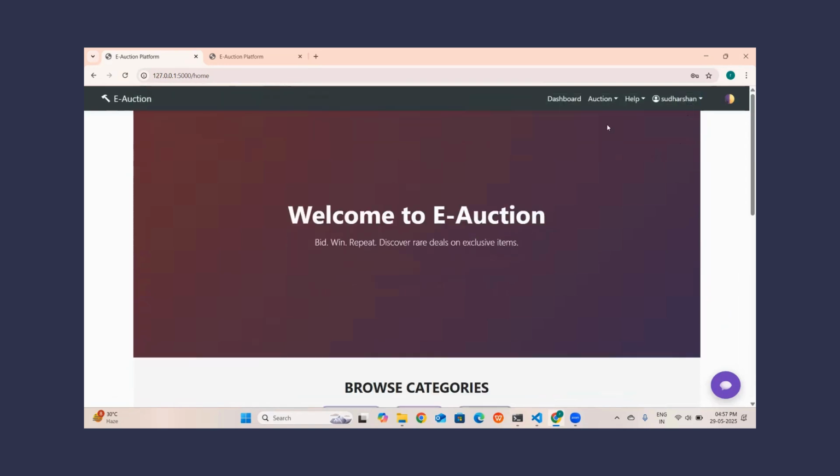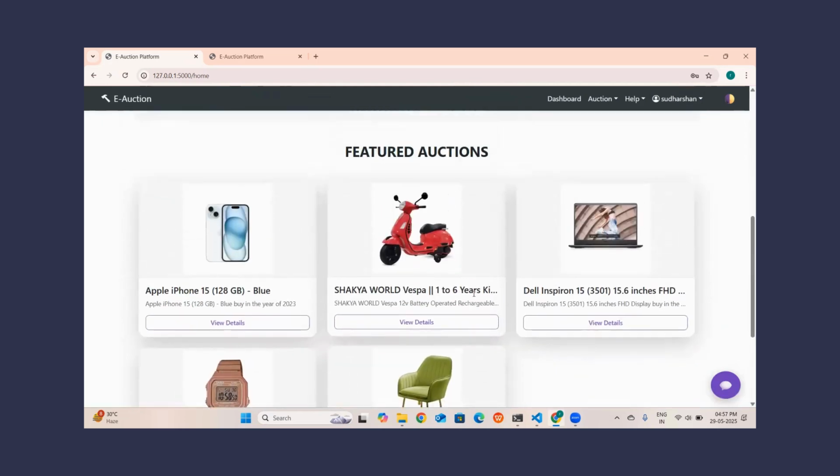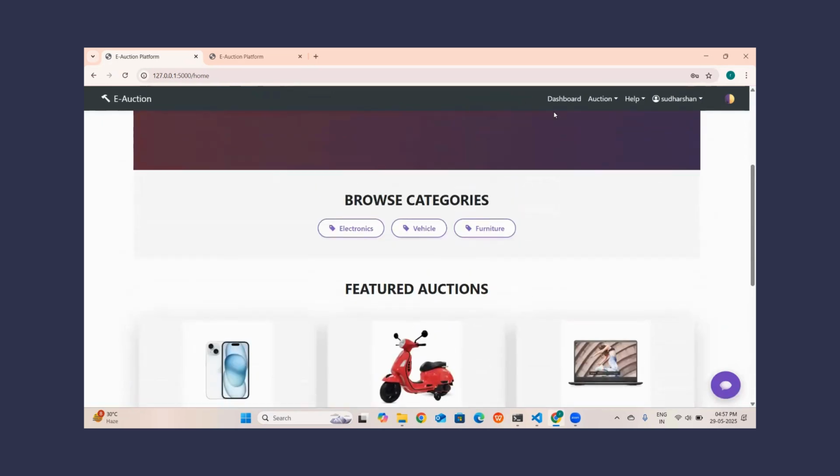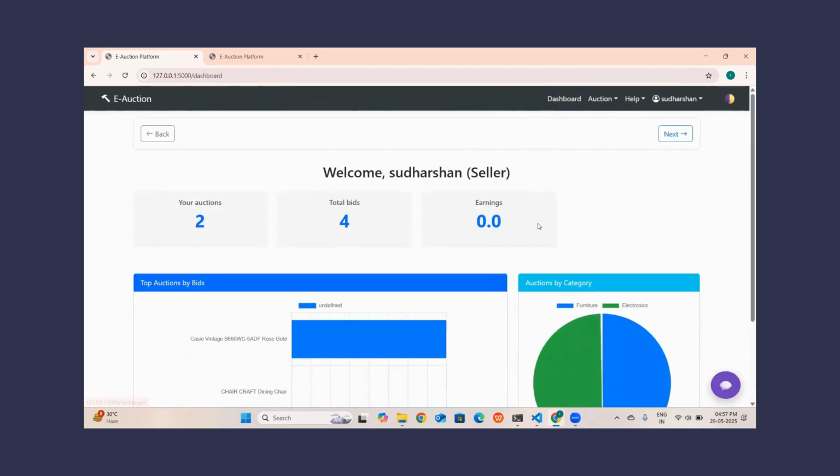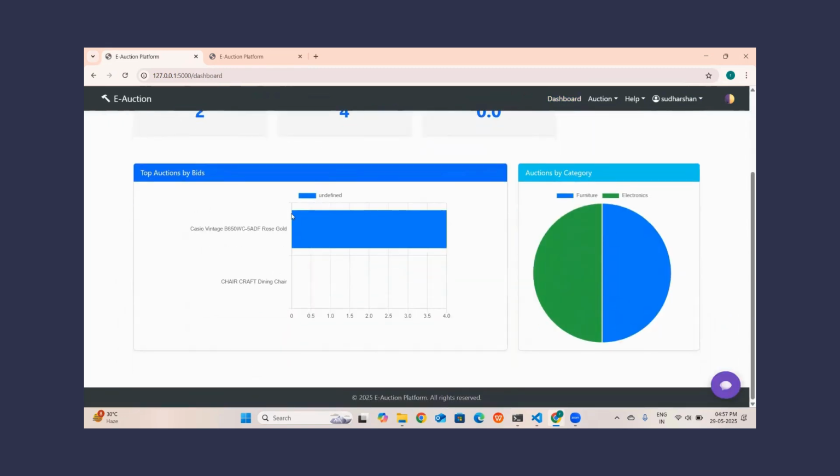So this is the seller dashboard. First I will explain these dashboards, this complete page. Later on, we will update the countdown, and we can see the time, the payment and all. Okay. So this is the user dashboard. Here you can see which options are there. And when you go to the dashboard, here you can see top options by bids,